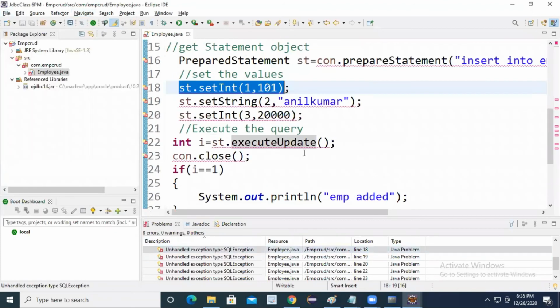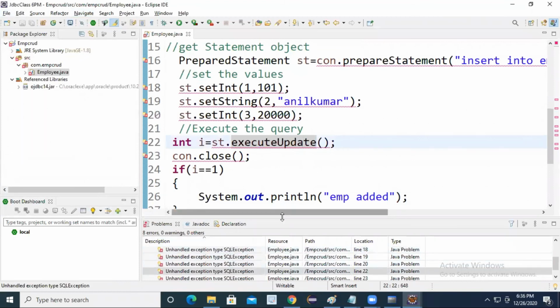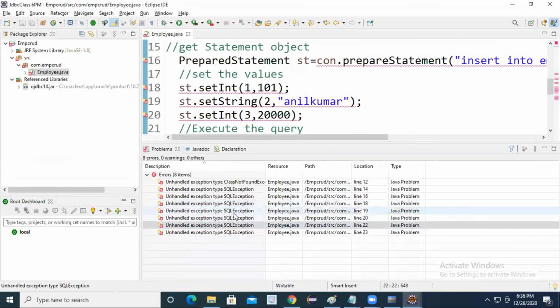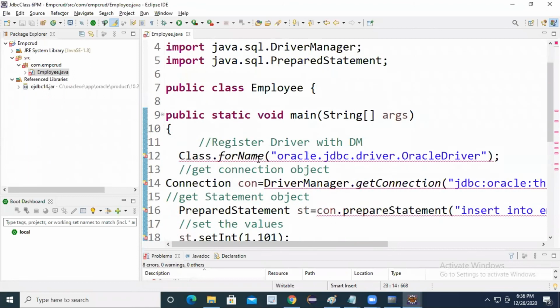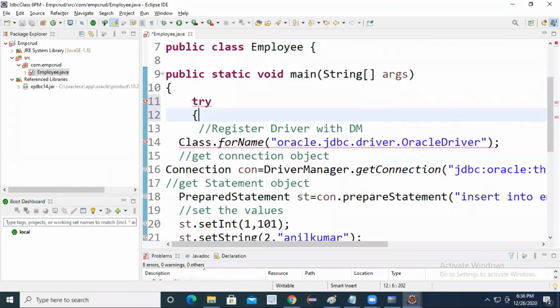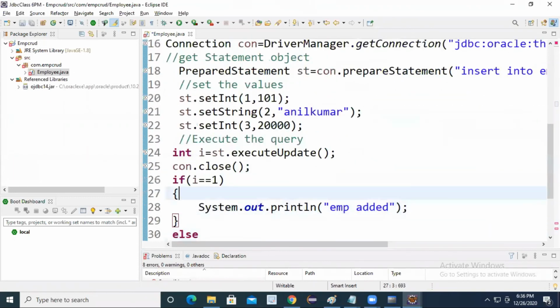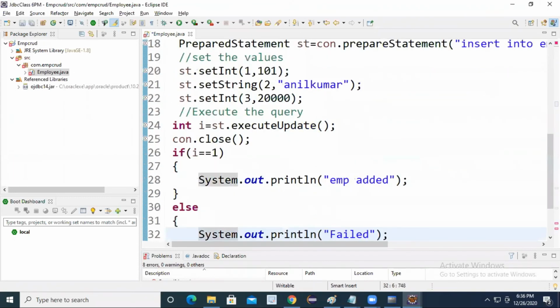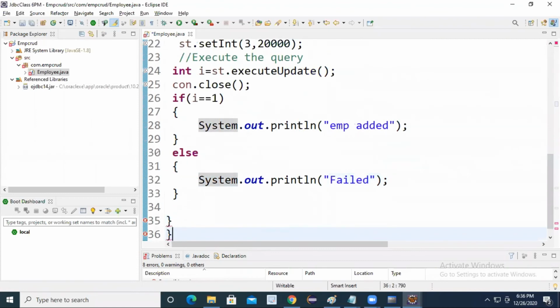Unhandled exception. Here you are getting one exception called SQLException. Generally, whenever you write any JDBC program, you get this exception. So whenever an exception comes, it is mandatory to implement the exception handling mechanism. You can keep this entire code inside the try block. When you use JDBC, it is mandatory to use try and catch blocks. That is actually one good approach.